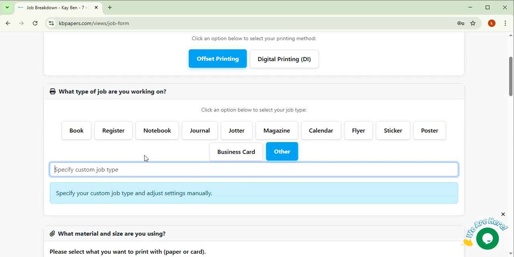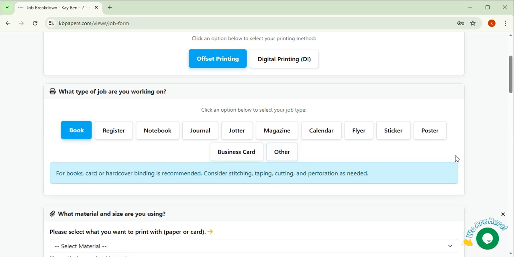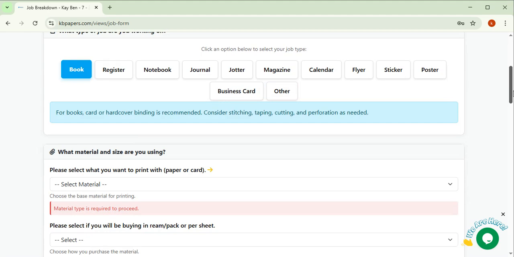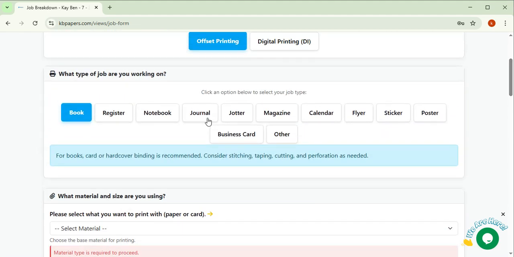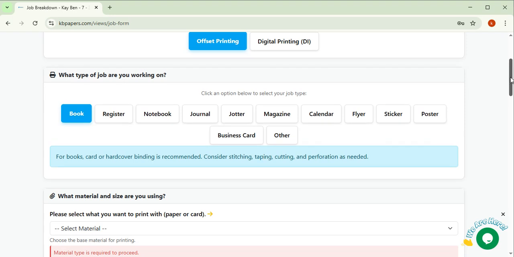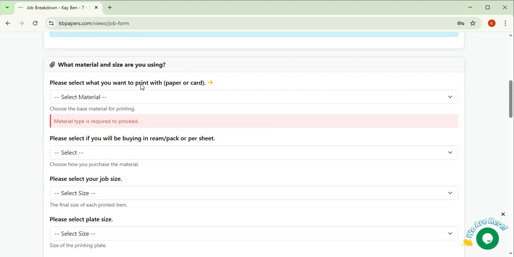But for the case of this tutorial, I will be working with a book. So you select the book, and if it is a jotter you want to do, you select a journal. If it is a register, you select a register. But for this tutorial, I am going to be using a book. So now you select book. Then this is telling me